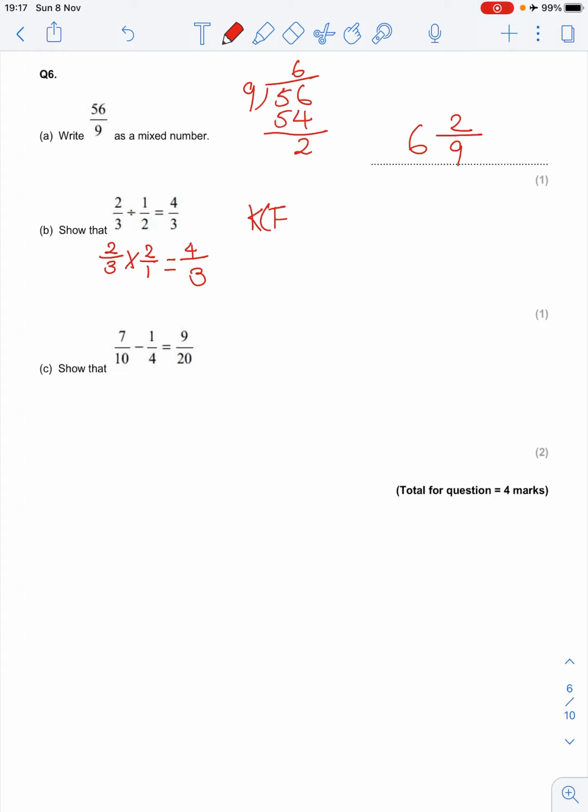Show that the two fractions subtracting. So remember